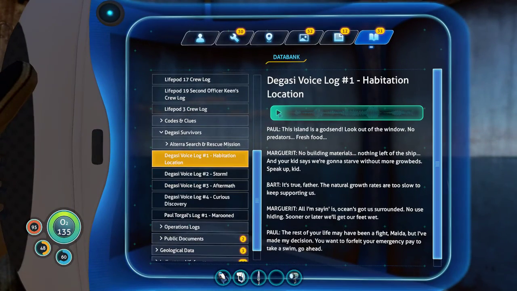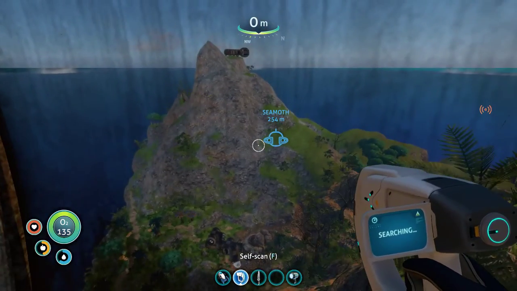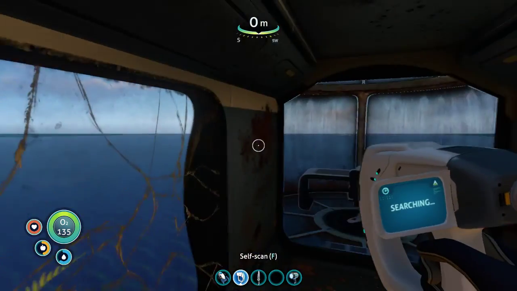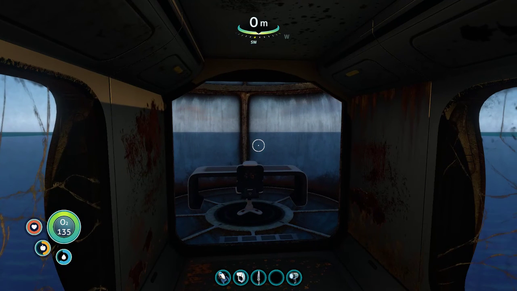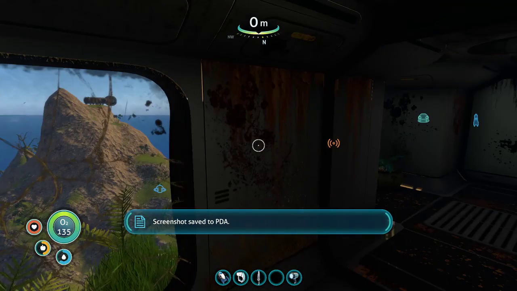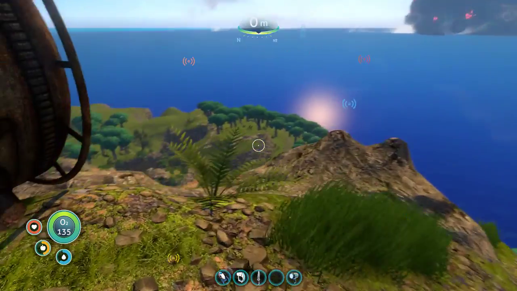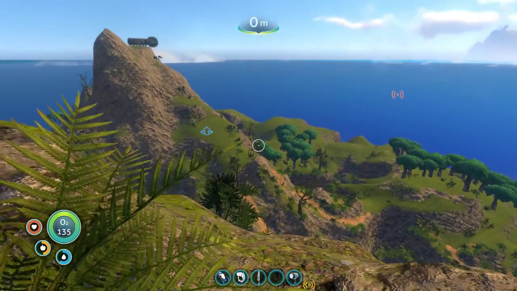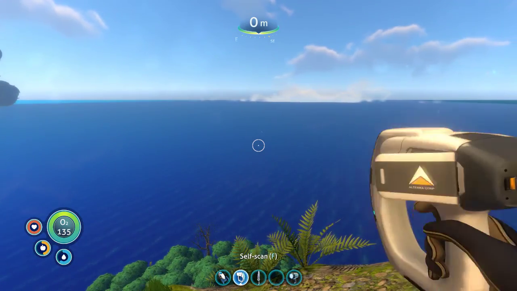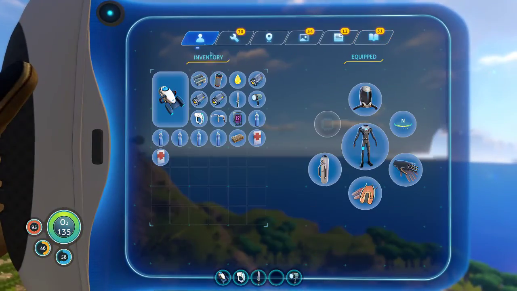Integrating new PDA data. This island is a godsend. Look out of the window. No predators, fresh food. No building materials, nothing left of the ship. And your kid says we're gonna starve without more grow beds. Speak up, kid. It's true, Father. The natural growth rates are too slow to keep supporting us. All I'm saying is ocean's got us surrounded. No use hiding. Sooner or later, we'll get our feet wet. The rest of your life may have been a fight, Maida, but I've made my decision. You want to forfeit your emergency pay to take a swim? Go ahead. Believe me, I'm thinking